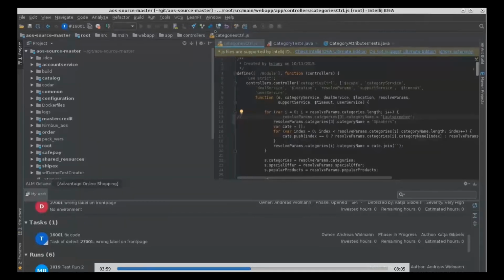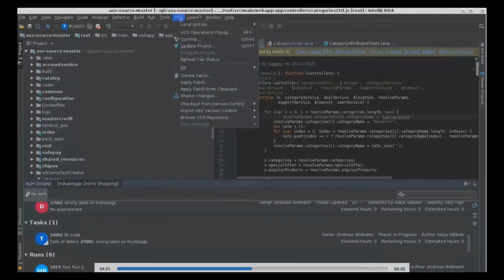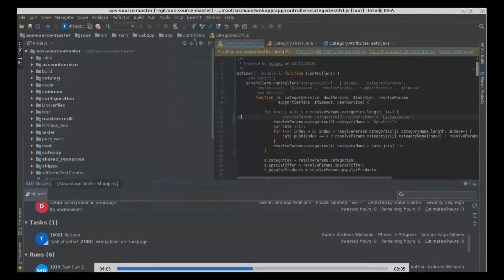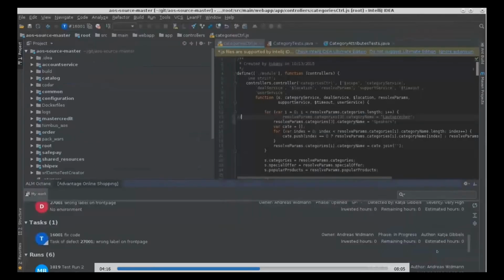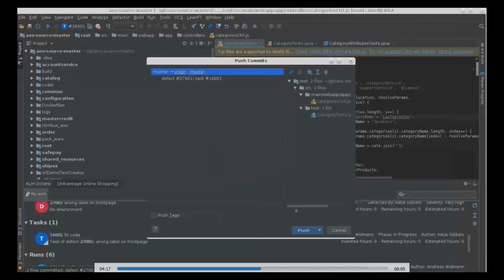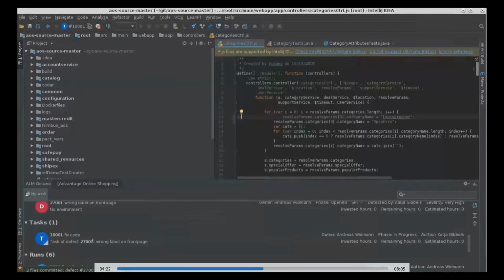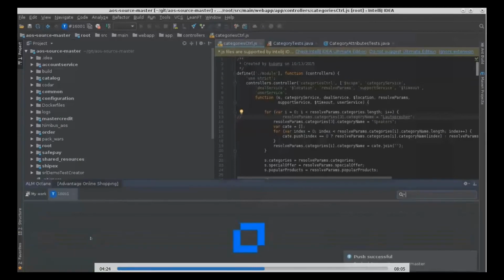So, okay, I'm a developer, I'm modifying my application, I commit my modification into the source control system. In the commit message, I can specify I'm currently working on the defect 27001 and on the task 16001, and I can commit the modification into the source control system.